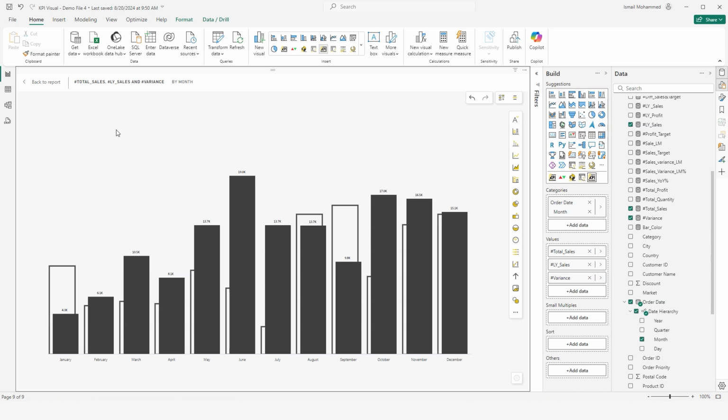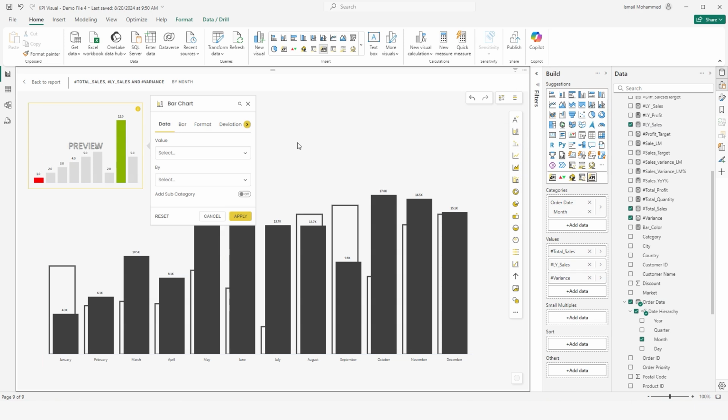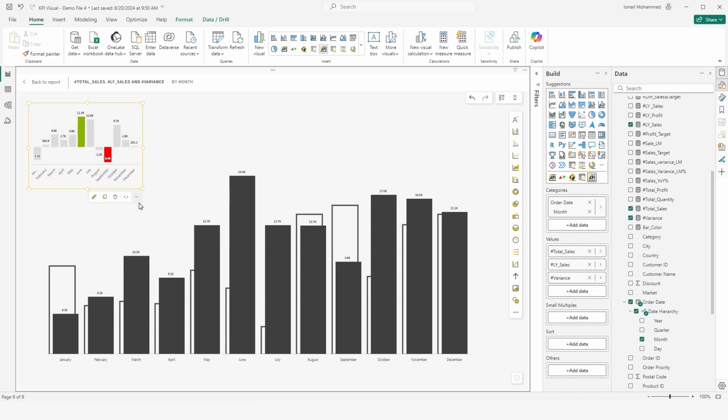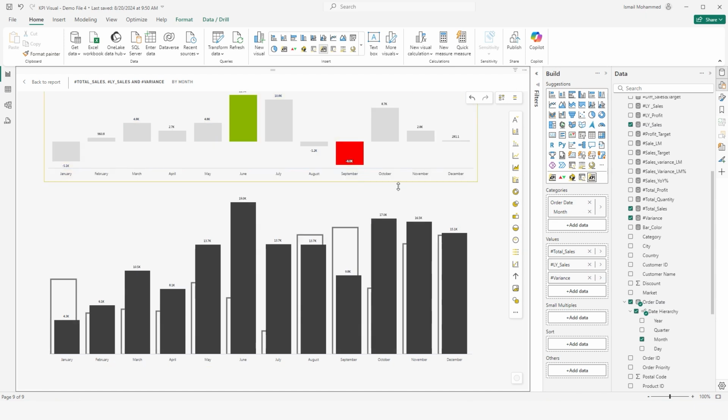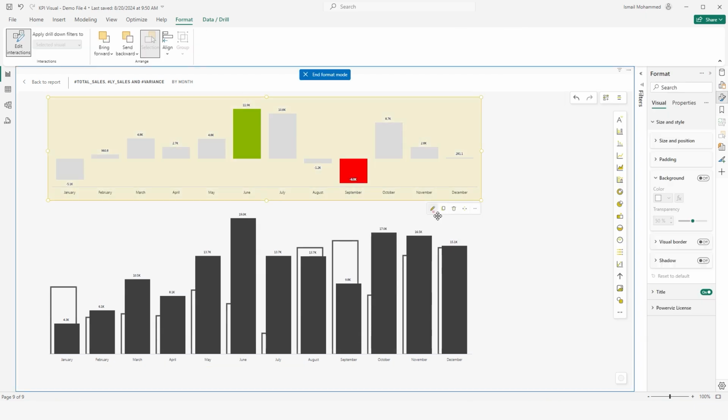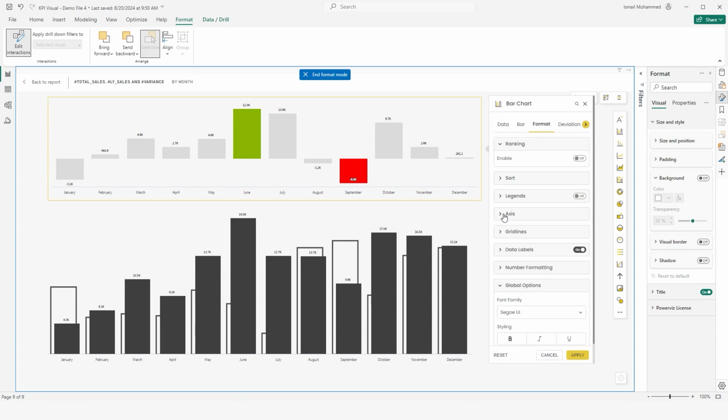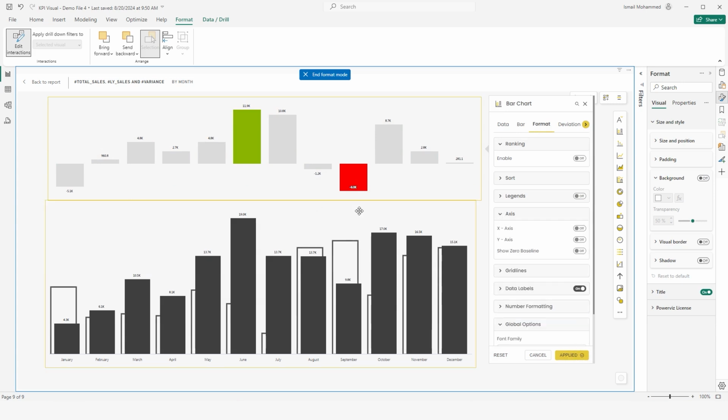And now it's time to add another chart here, which will basically display the variance. I'm going to add another bar chart here. Let's select bar chart, and in the value section, I'm going to select variance this time and by month, and then click on apply. And now you can see that we have created a visual which is basically displaying the variance of these months. I have now aligned both of these charts here, and now let's head back to edit layer. Let's go to the format tab. Under axis here, let's turn off the x-axis and then click on apply,